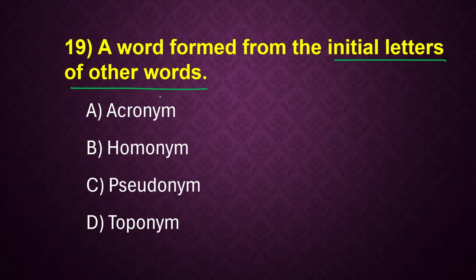Next, a word formed from the initial letters of other words. So what is the correct one-word substitution? The correct answer is option A, that is called acronym. An acronym is a word created from the first letters of several words, such as NASA, or you can say UNESCO. Understand? Good. Next,